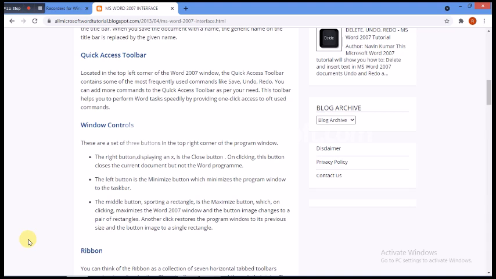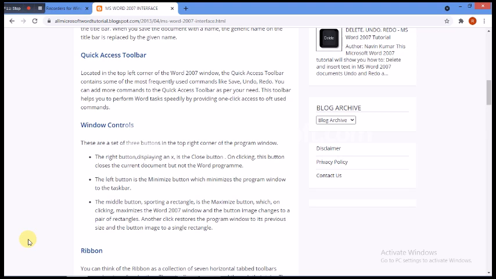We do not have to go to menus, groups and all. This toolbar helps you to perform work speedily by providing one-click access to commands. So why do we need a quick access toolbar? So that we can work speedily and save our time.